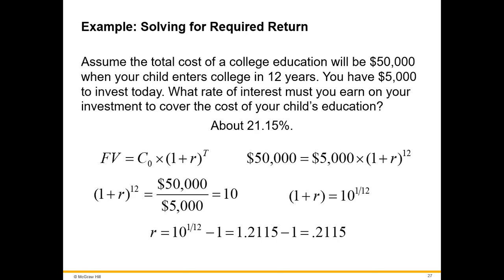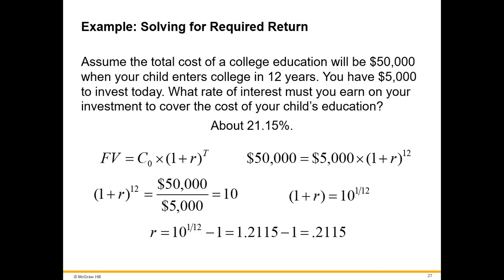So the first thing that I do is take 1 divided by 12, and then I raise 10 to that power. 10 to the 0.0833333 power gives me 1.2115. But remember, that number is 1 plus r. So we would have to subtract 1 from that. Your answer would be